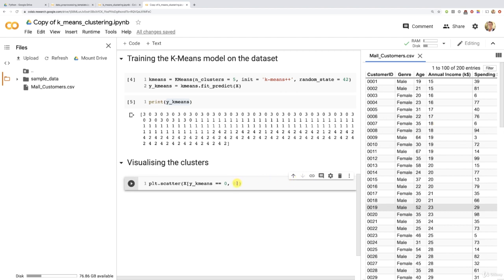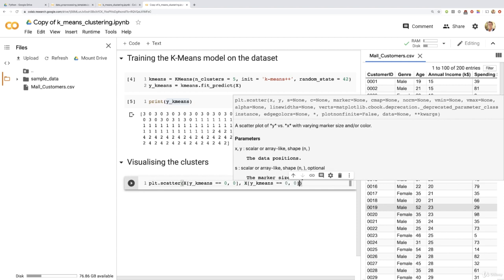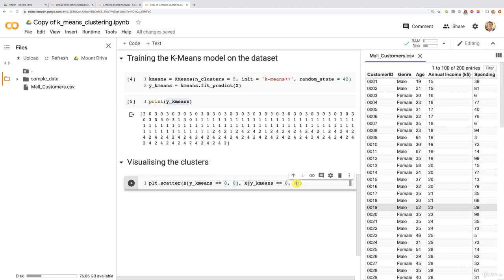And now we're going to do the same for the y coordinate, and we're going to do this efficiently. So I'm copying this. And now according to you, for the y coordinate, what do we need to replace here? Well, for the rows, that's exactly the same. We still want the same rows corresponding to the customers for which y k-means is equal to 0, meaning the customers of cluster 0. But for the column, we of course want to select the index 1, which corresponds to